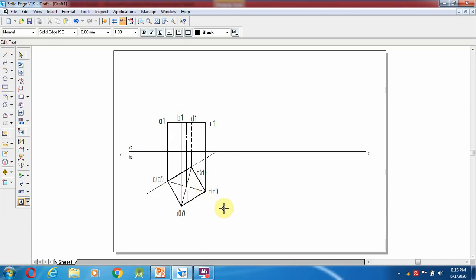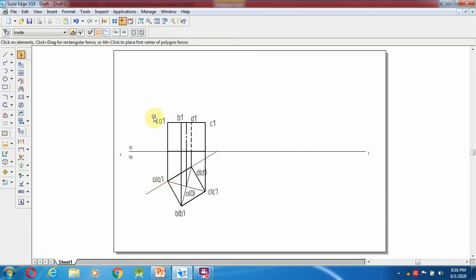Okay, O bracket O1, O1, sorry, O dash. So actually here it is the A and A1, not dashes. Dashes should come in the front view only.